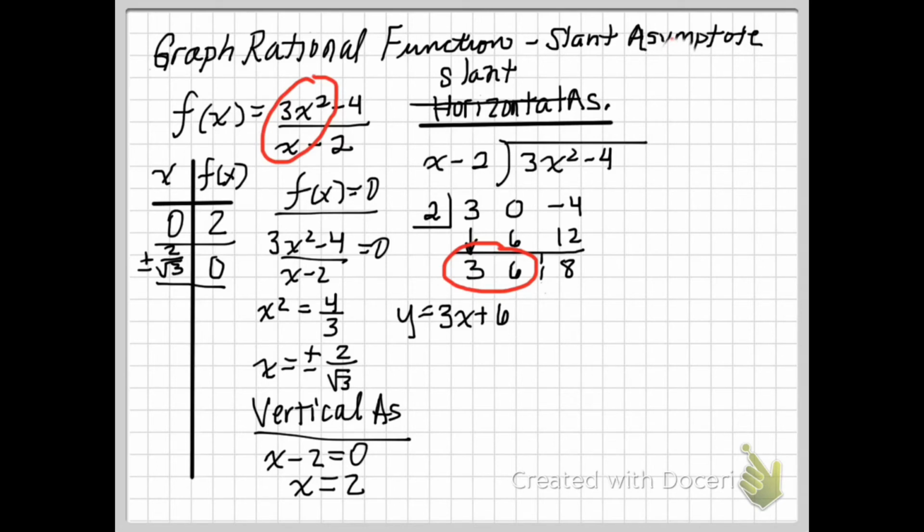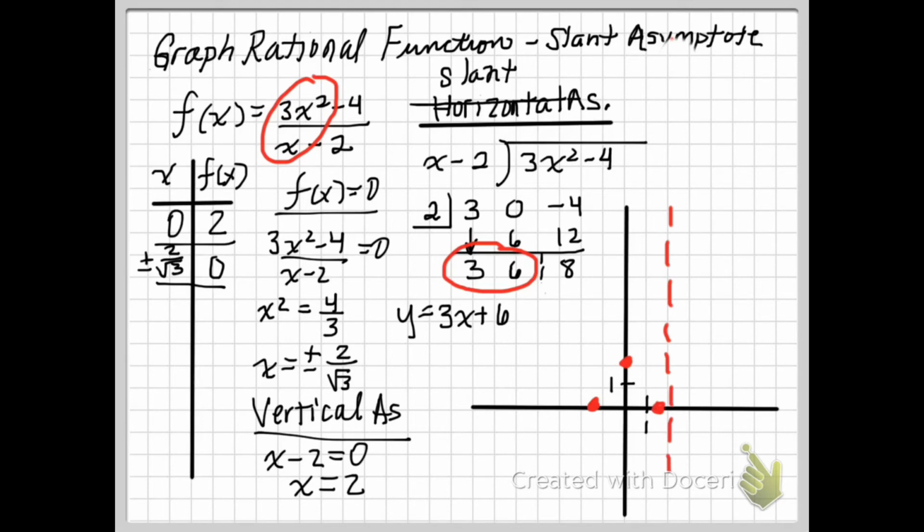Okay, let's take a look at graphing now. I'm going to set up an XY axis, and I've got a y-intercept at 2. Let's indicate our scale here. So this is a 1 and 1, and then a y-intercept at 2. 2 over rad 3 is between 1 and 2, so there's going to be a point somewhere in there on the positive and the negative side. I have a vertical asymptote at x equals 2,